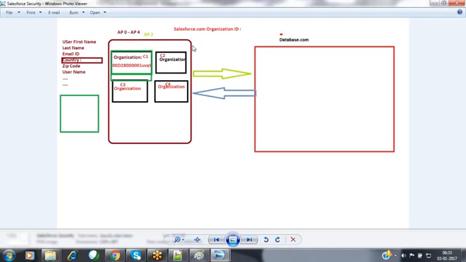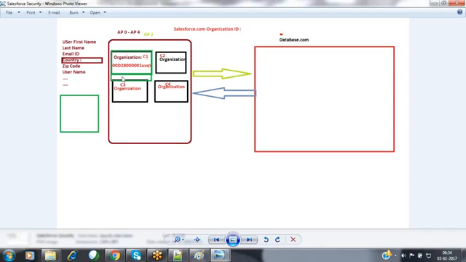At that time, Salesforce people allocate some amount of memory inside the server of the Salesforce associated region for me. Whenever Salesforce allocates some amount of space, that is called a Salesforce.com organization. Assume that this is my Salesforce.com organization.